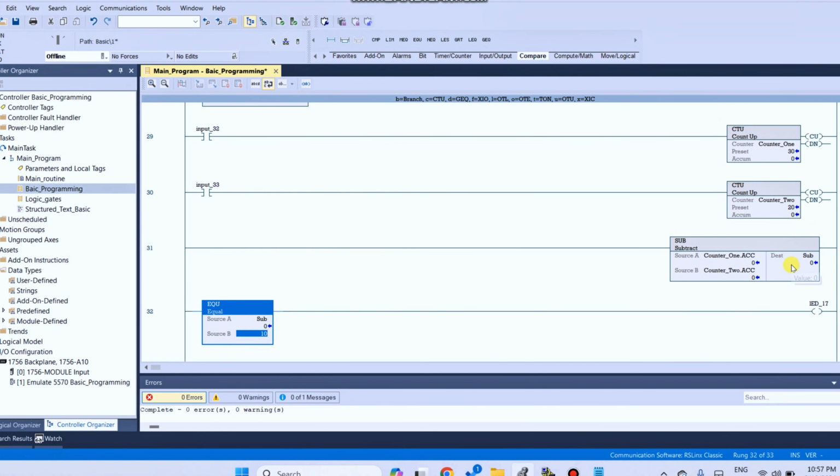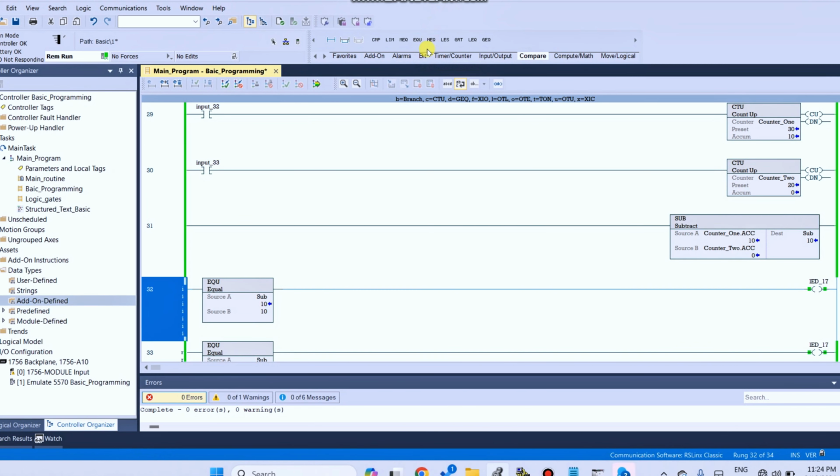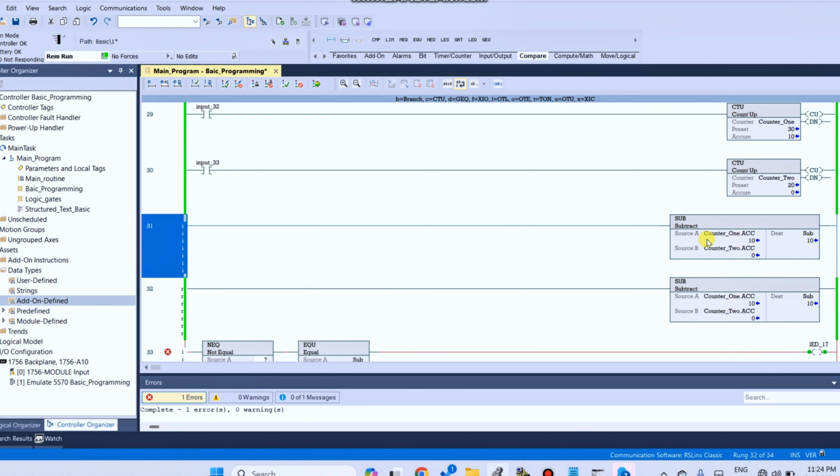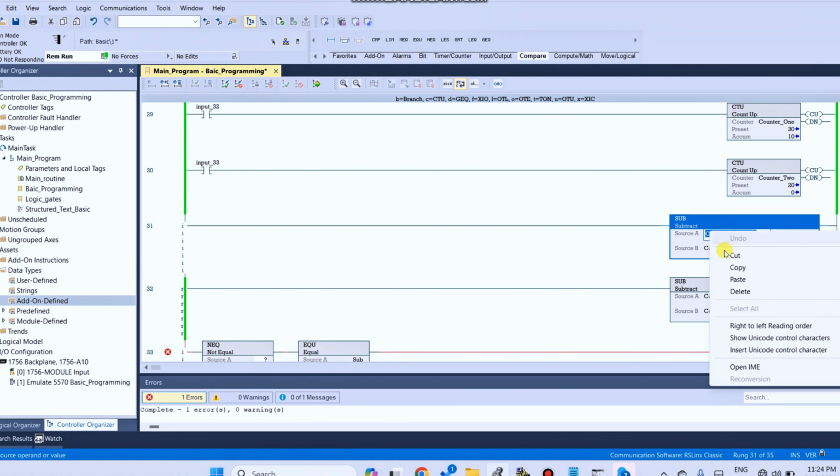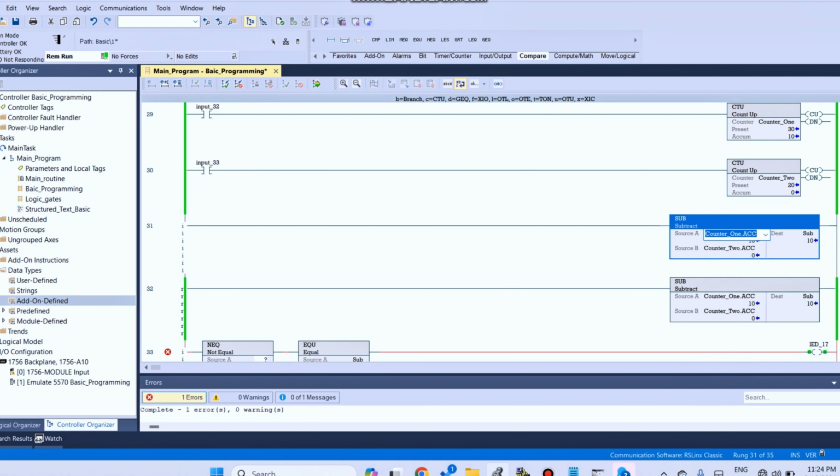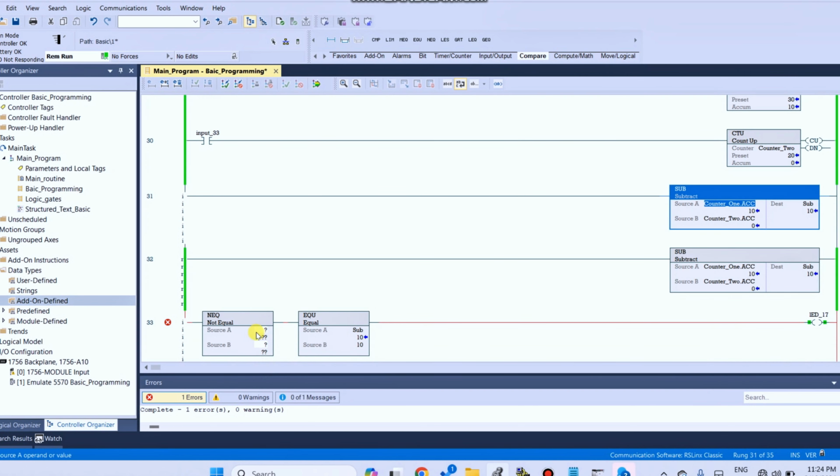So A minus B, source A minus source B, and source C is the destination. Then not equal, and if the counter one accumulator value is not equal to 10,